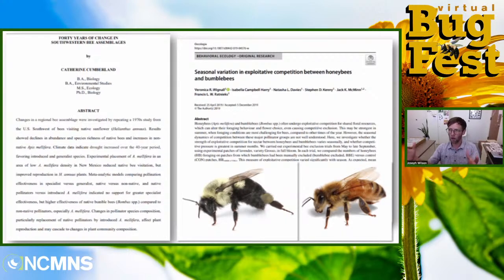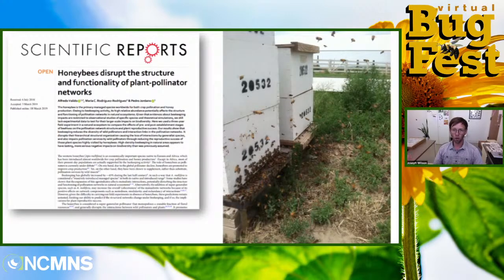But if you think about it, one of those honeybee hives has 20,000 bees in it or more. So here there's two hives together, and that has probably 40 to 50,000 bees that need to eat. So when we add honeybee hives into a landscape, we are now adding tens of thousands of new bees that need food. And so there's competition for pollen and nectar resources there.